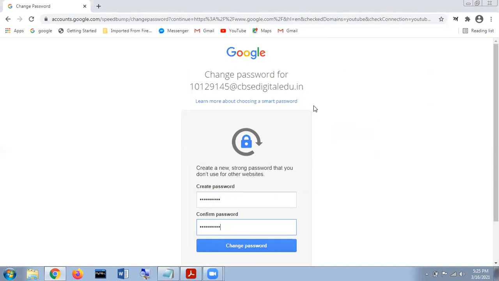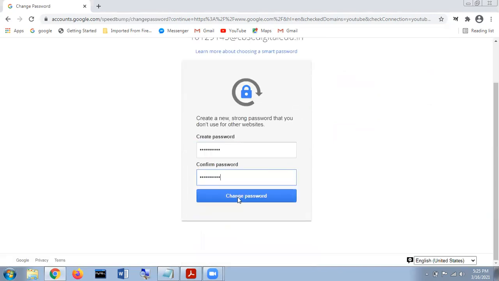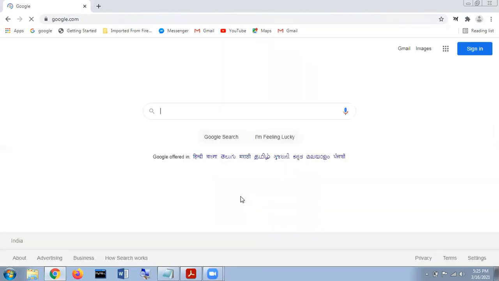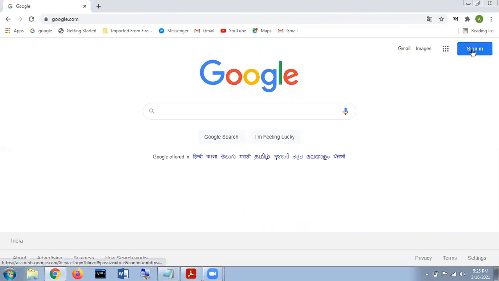And now we are supposed to click on the change password option. Now the default password provided by CBSE is being changed with a new password. So this is the actual procedure of how we are supposed to change the password.